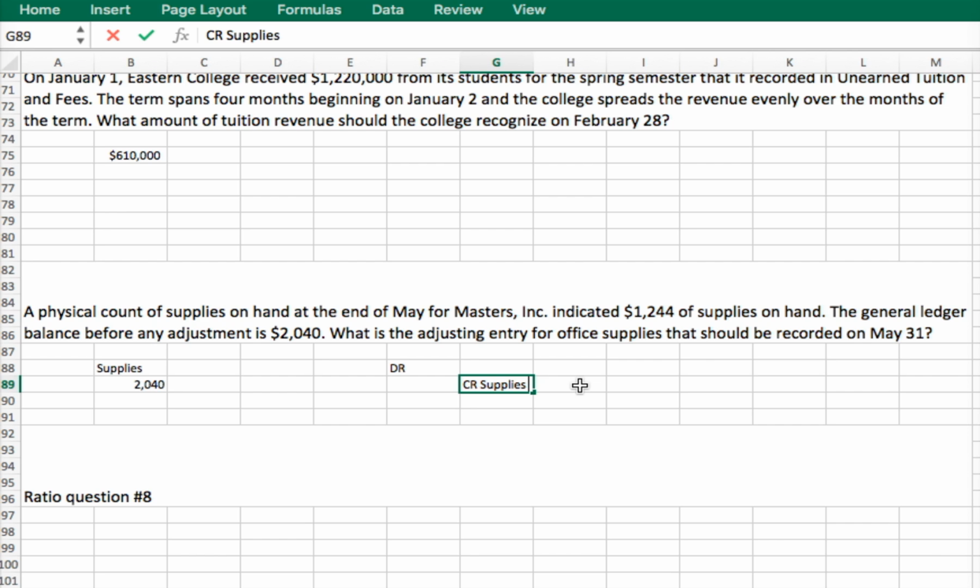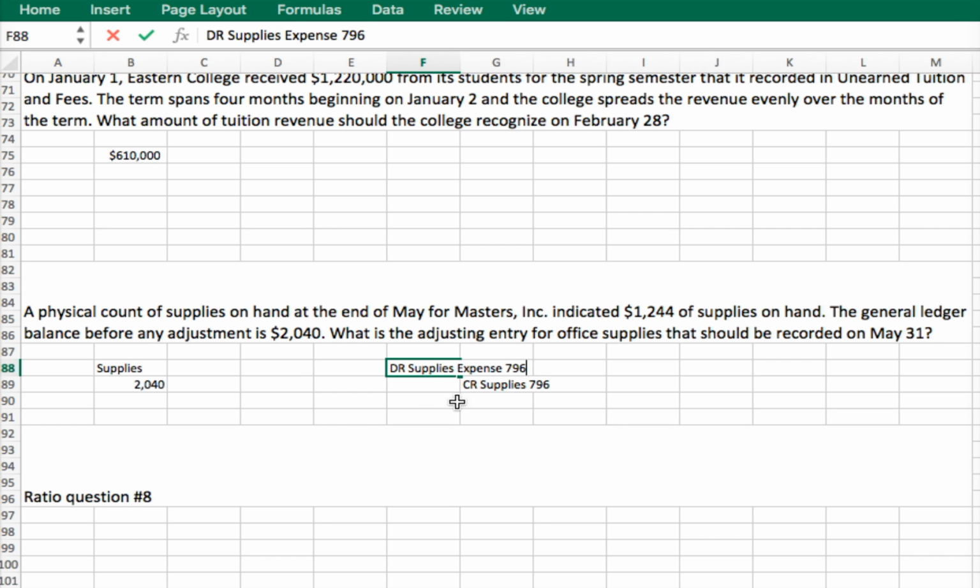So that would be what? 796, I think. Okay, that's the credit side. And then the debit side is just going to reflect the fact that we used up these supplies, so we want to recognize the expense. So it's going to be a debit to supplies expense,